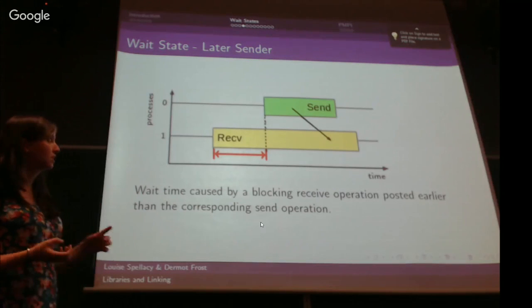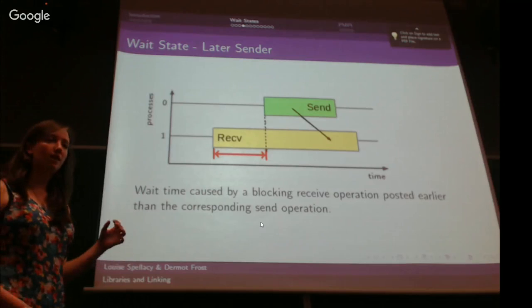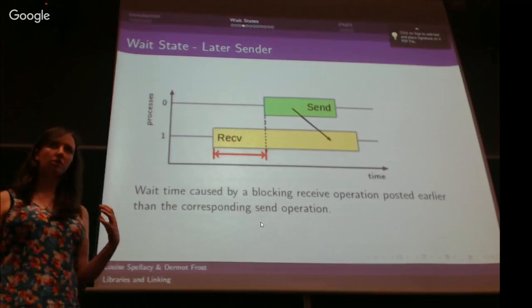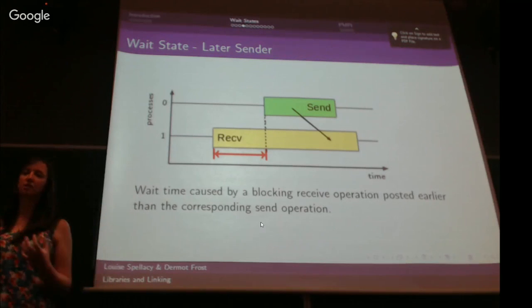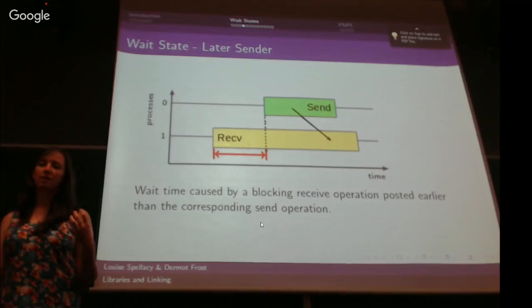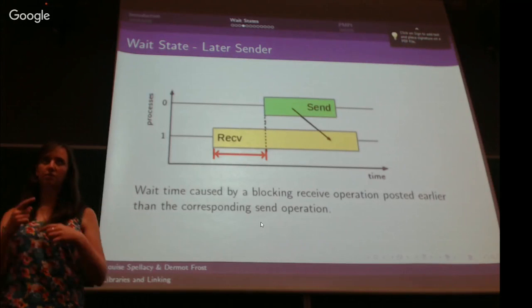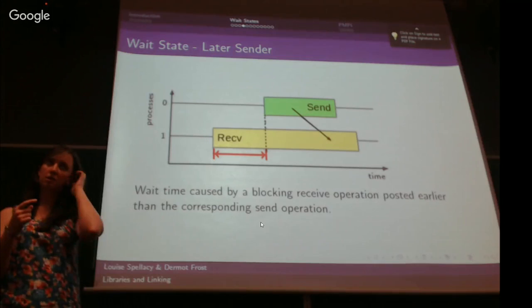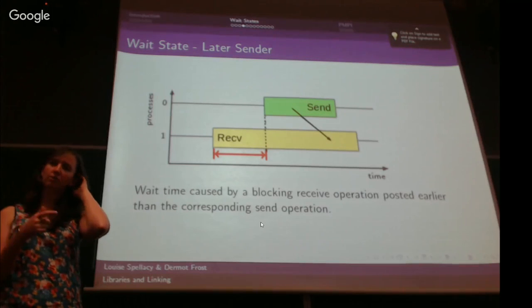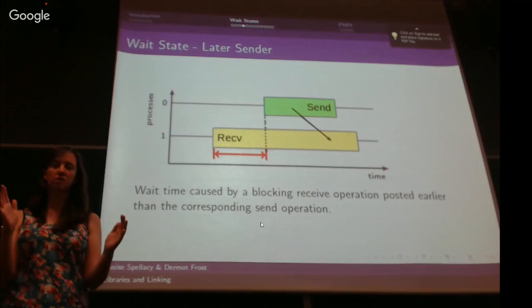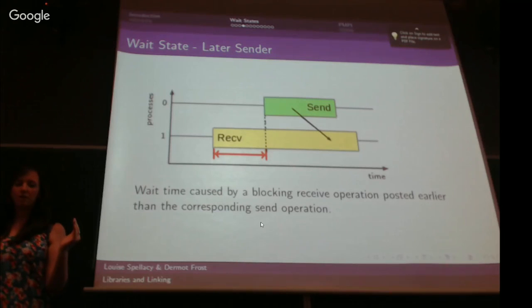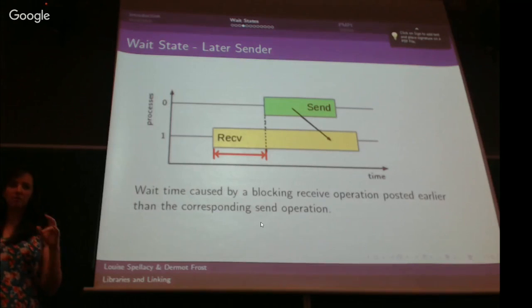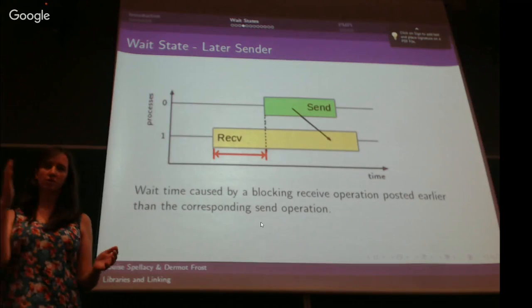So this can also happen with the non-blocking version of the late sender, when the iReceive is posted before the iSend, but that doesn't cause the block. It's the wait state, the MPI wait and the MPI wait all, that is posted before the iSend is sent. So they can't go until the send has been